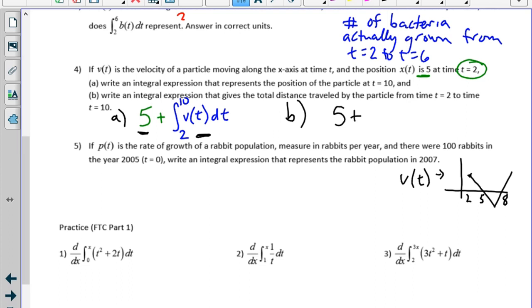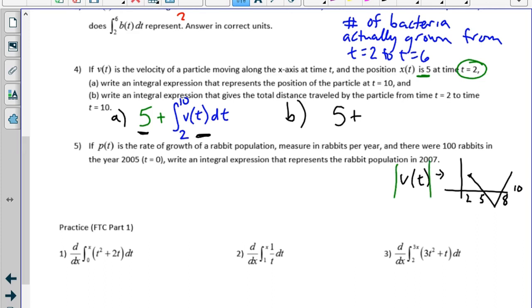Well, what I would have to do is say it's 5 plus the integral from 2 to 5 of v of t dt, minus the integral from 5 to 8 of v of t dt, plus the integral from 8 to 10 of v of t dt. But that's a lot of work, and we don't even know where these are. I just made some assumptions that they were at 5 and 8 just so I could show you what was going on. But if I could take the absolute value